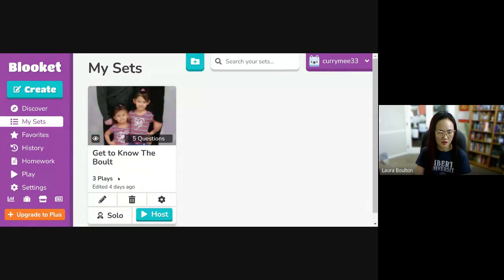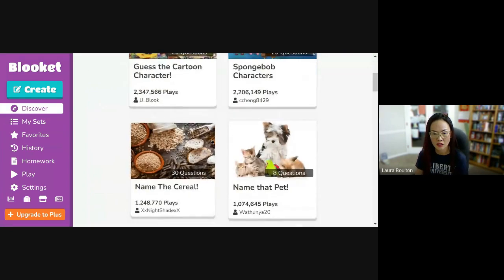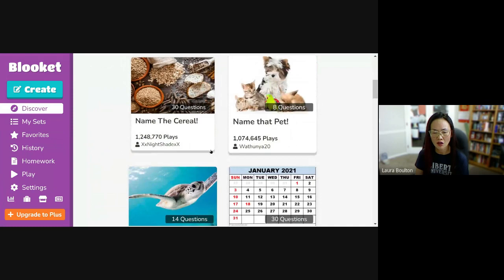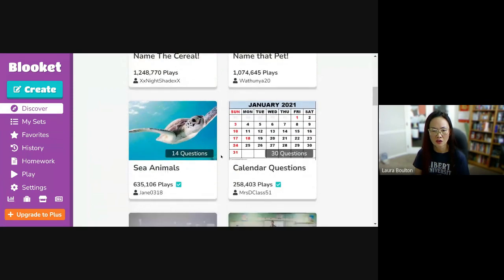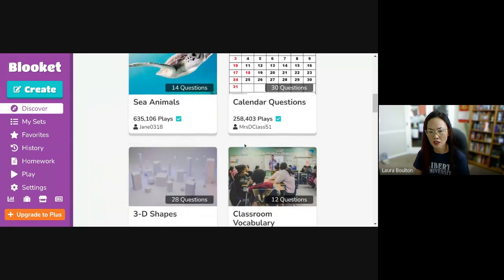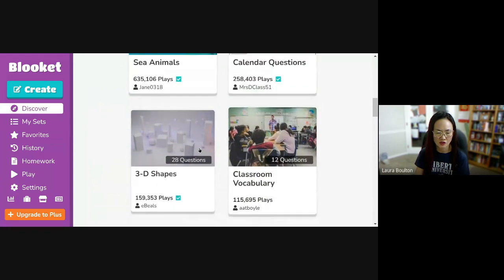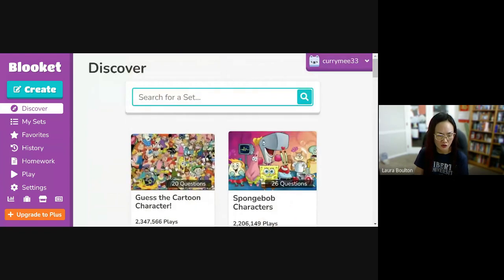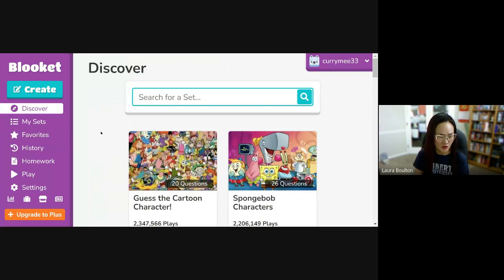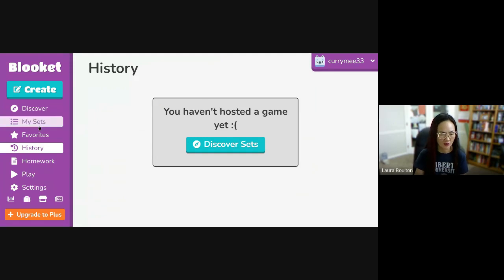And you can see here, you can discover other Blookets that teachers and other educators in the company have made. Some of them are education-based, like learning about sea animals, some kindergarten and pre-K concepts of calendars, 3D shapes, classroom vocabulary. So these are ones that are already made that you can use if you're in a pinch, perhaps for a substitute day. There are some favorites. I don't have any favorites tagged yet. And then the history of the games that I might have played with my